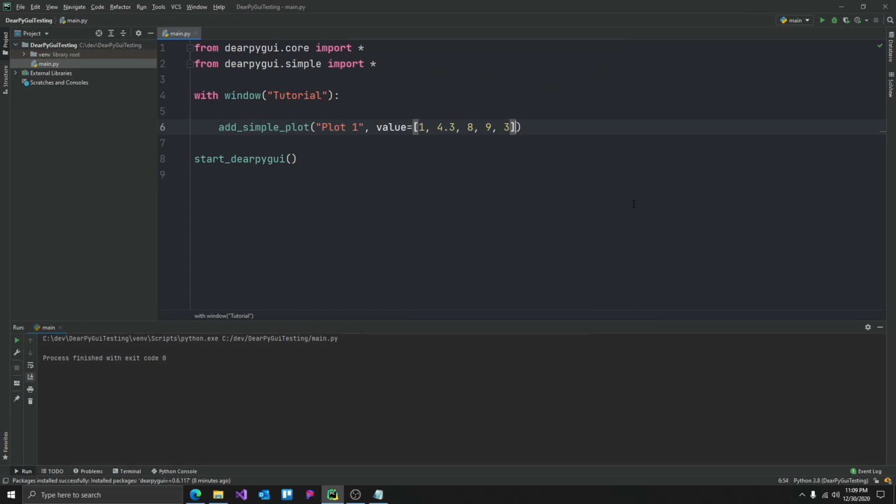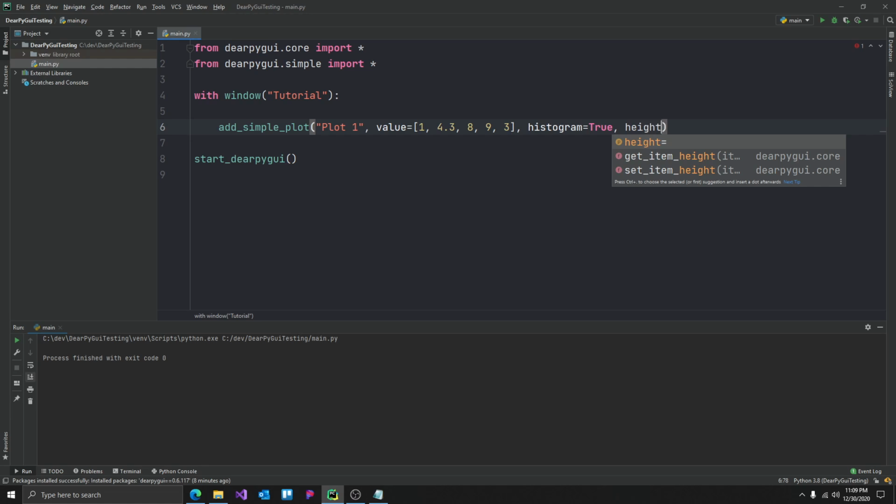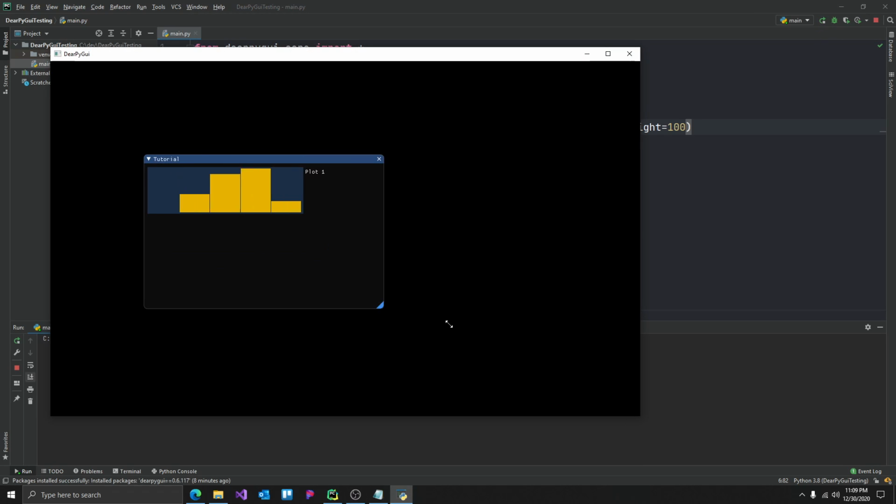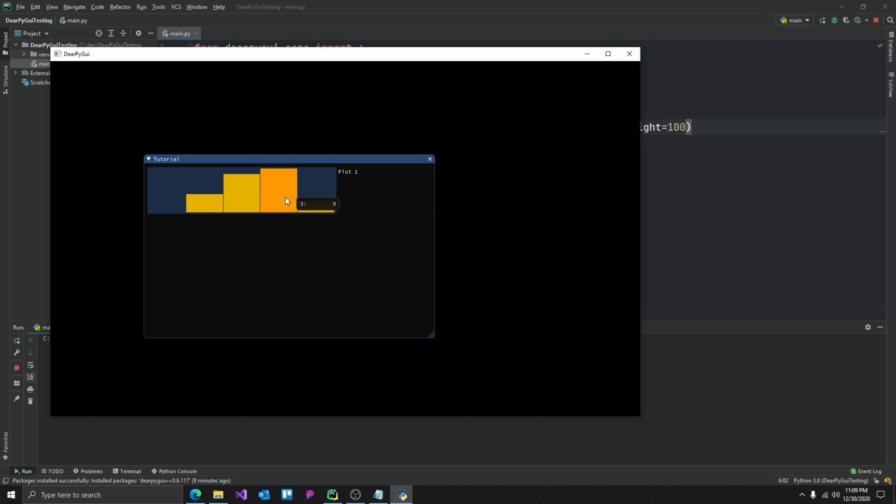So one of the pretty useful keywords you can use here is histogram true. You can also change the height or width. So let's do 100. And histogram, change it to histogram, which is pretty valuable. Now all of these you can actually hover and see the value. And this is what I was talking about with the x coordinate. You can see it is the 1 and the y coordinate being 4.13. So the x coordinate basically just becomes the